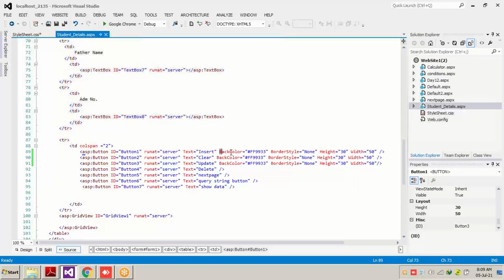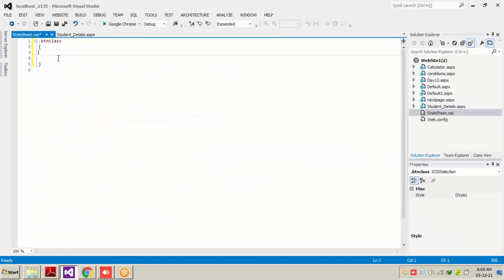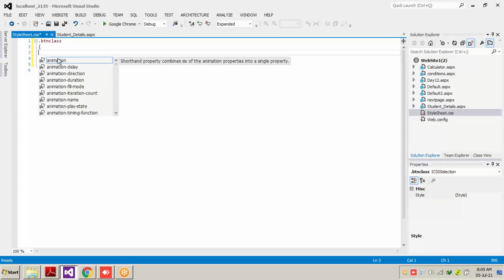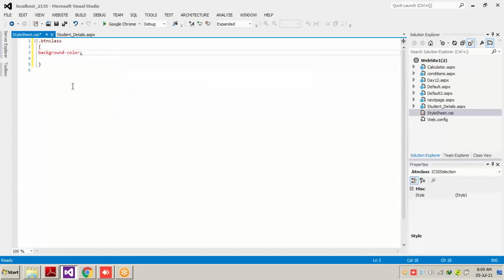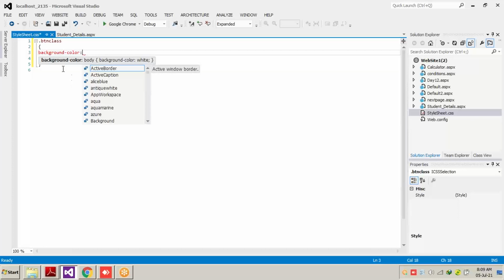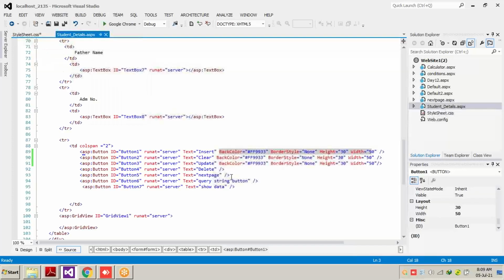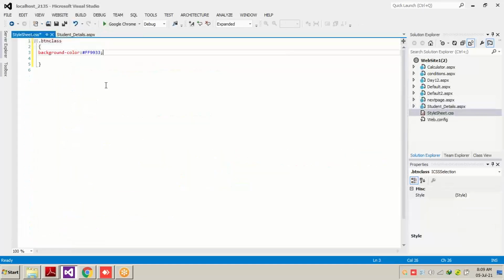Background is this, style is this, height is 30, and how are we going to write it? As soon as you press Control Space, you're going to see a menu open. First of all, we are going to write back color, BACK, background. You can see background-color. We will add this, and now we add the color value over here.